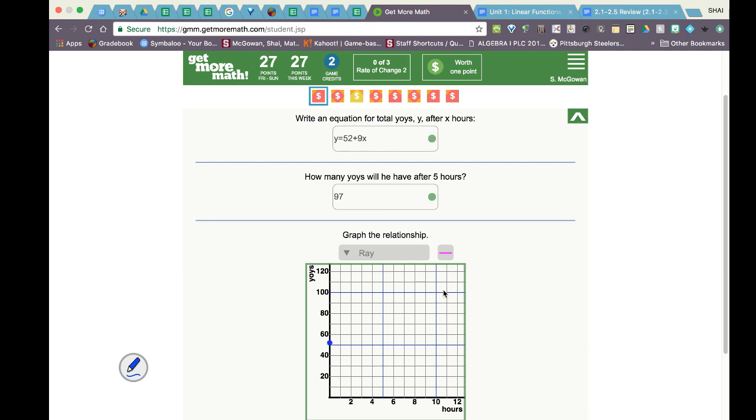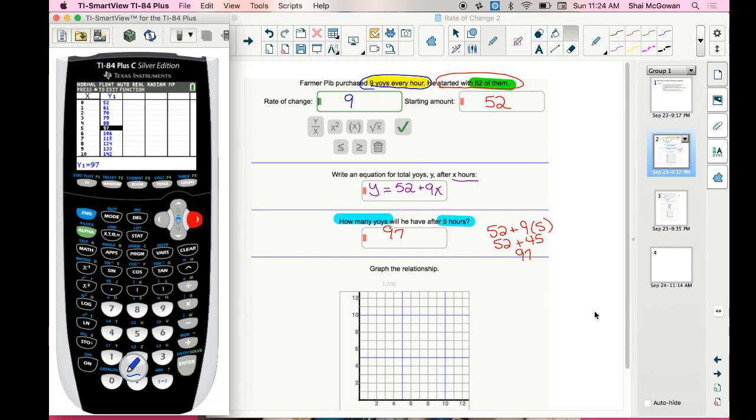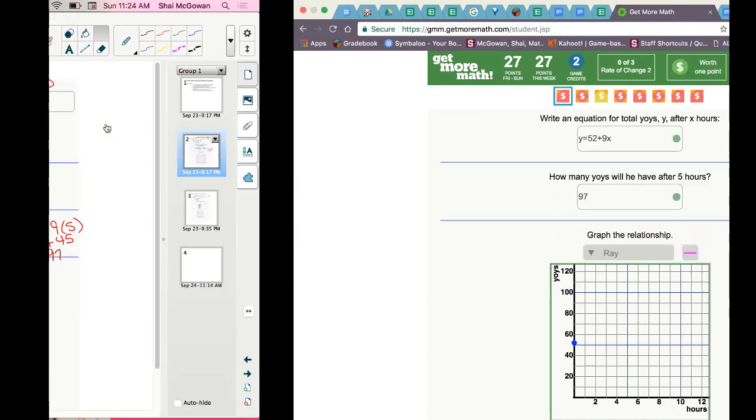Now we need another one. Well, if we look, 5 hours was 97. You could also go to your calculator. I'll go over to that right now for a minute. So if I go to my calculator, I can plot any one of these. 1 and 61, 2 and 70, 3 and 79, 4 and 88. So I'm going to plot